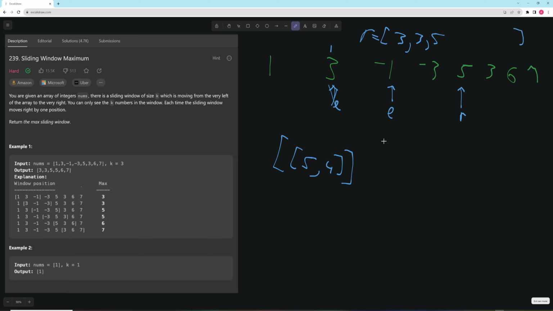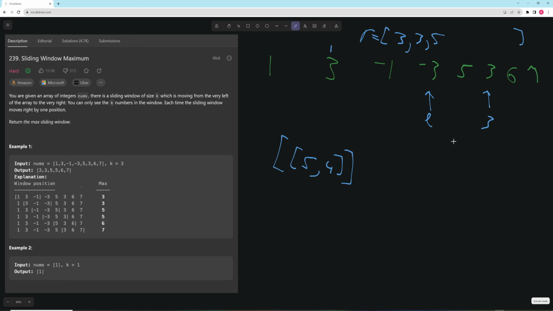Okay. Now we need to update our left because our left will be out of bounds in the next iteration. So we're going to update that left, and we are going to move it over here. But before we move it, we're going to check, is this -1 in our queue? It wasn't. We deleted it earlier, so we're good there. Let's get rid of this. Let's get rid of this. Okay. And so now we need to move our right. So let's do that as well. We are going to move our right over here